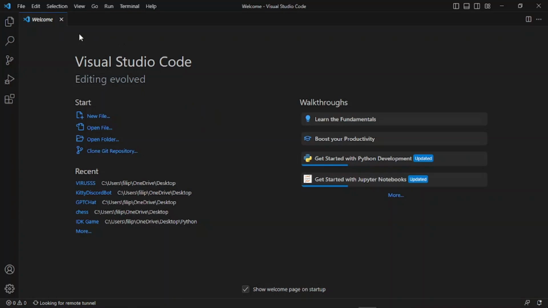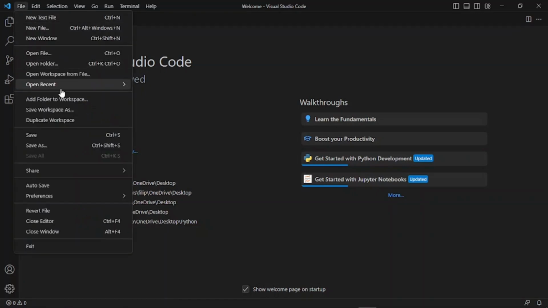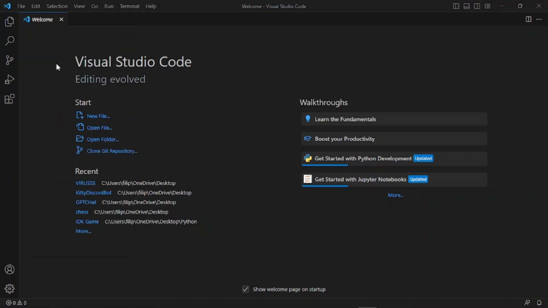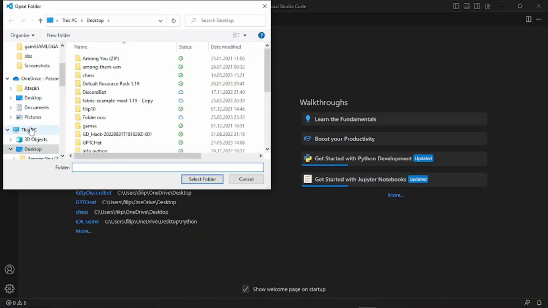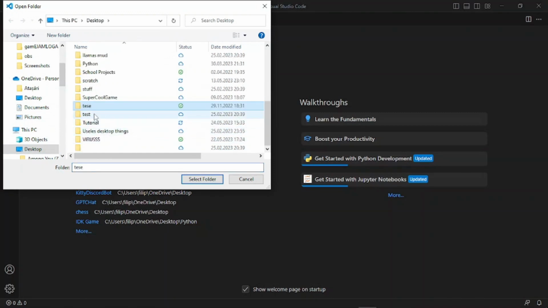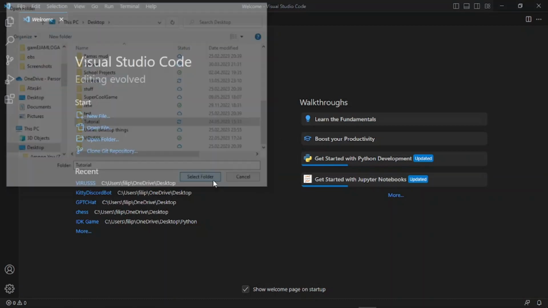Well, we have to open a folder, so go here to File on the top left, and click on Open Folder. After that, I chose to save it on the desktop, so I'm gonna search for it in the desktop tutorial. Here it is. Select folder,